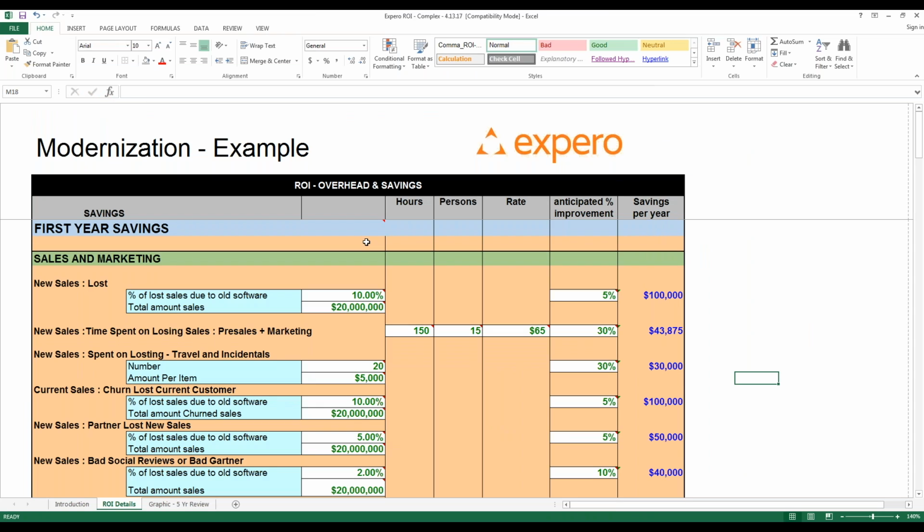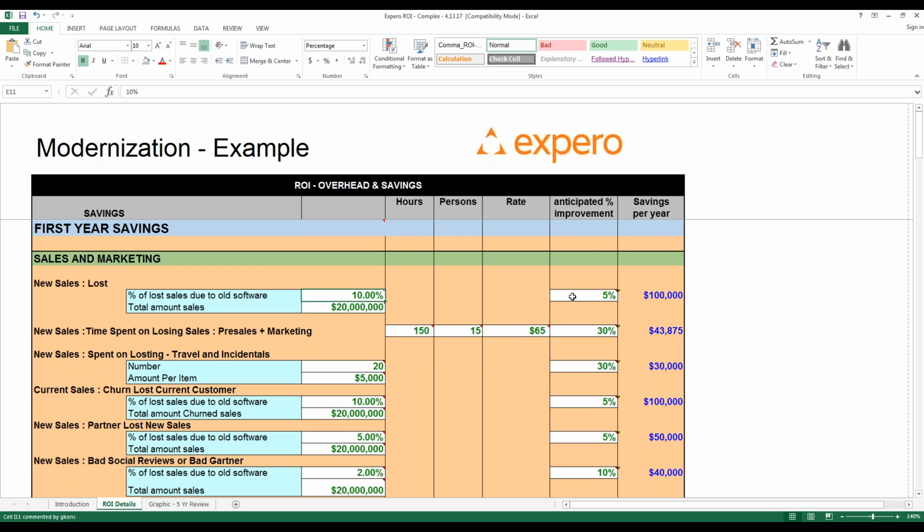In this case, what we did is we actually started to tabulate. I've started to look at, in our first example in the sales and marketing category, if we do have some accurate retention, what I've seen now is I have roughly $20 million in new sales, and approximately 10% of those sales have been lost because our software is not competitive.